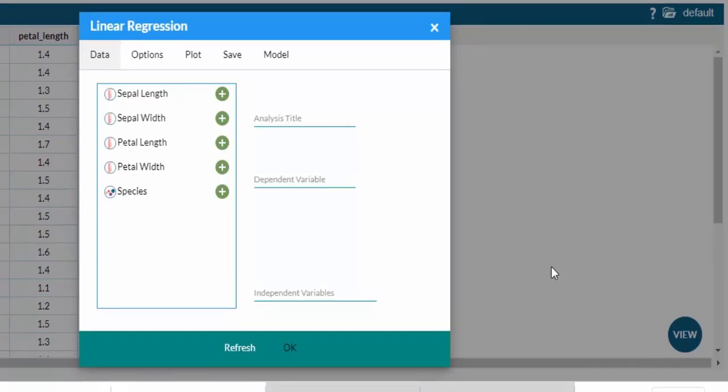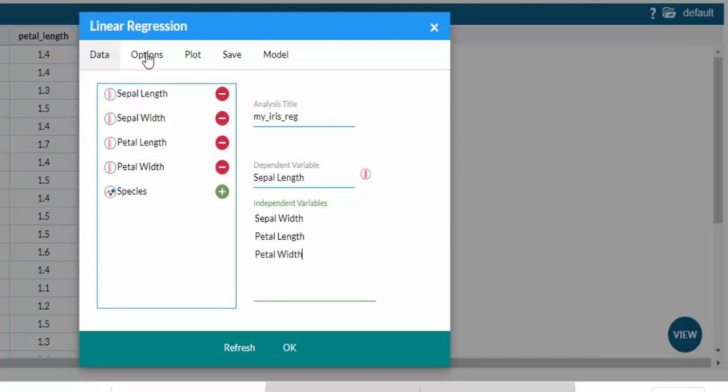In this dialog box, we first give our analysis a title so that it's easy for us to locate it later. So let me call this my_iris regression. Now let us choose as a dependent variable this first variable called sepal length. We are just trying this out as an example to show how quick and easy it is to run your analysis through StatCraft. We click here in this field called independent variables, and as our independent variables, we click on sepal width, petal length, and petal width.